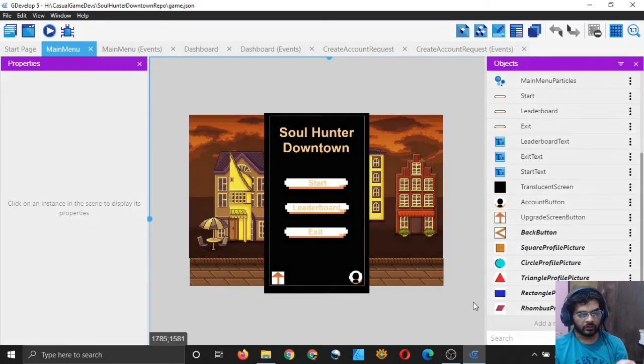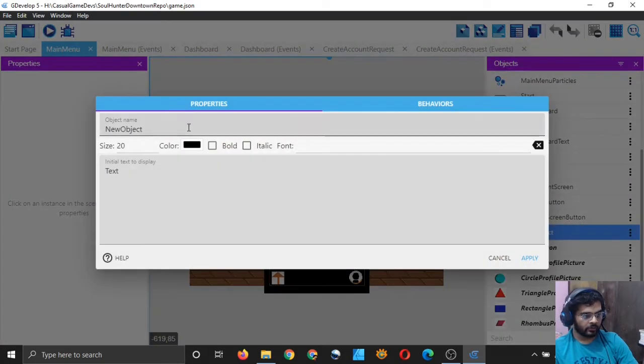So I will create a new text object and call it saving text, and give it a size of 40, I guess, and color white, and just type saving game in the cloud.